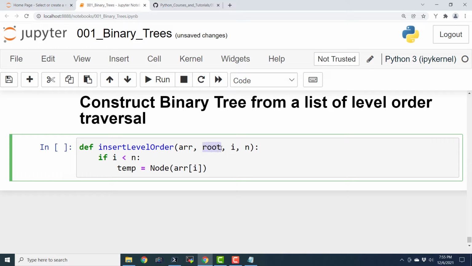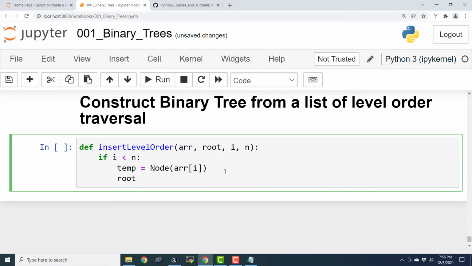Root is going to contain the root of that particular tree. N is the size, and usually we pass I as 0 when we call this the very first time. And then root equals temp.